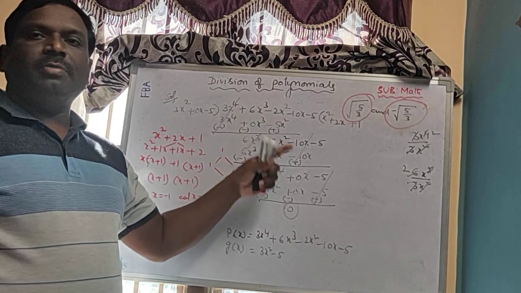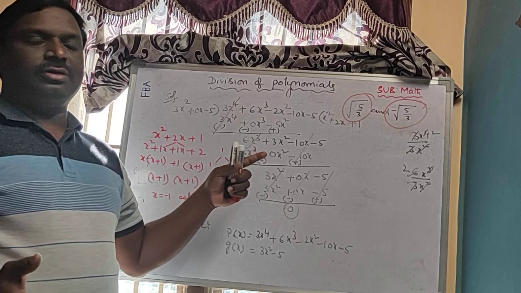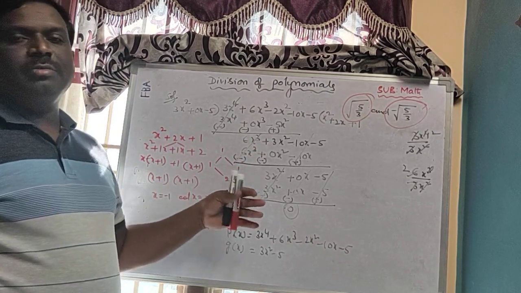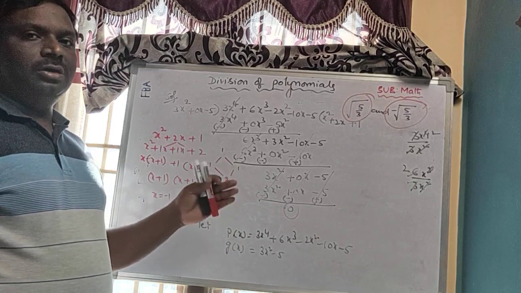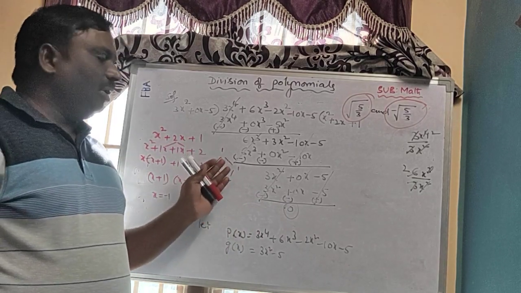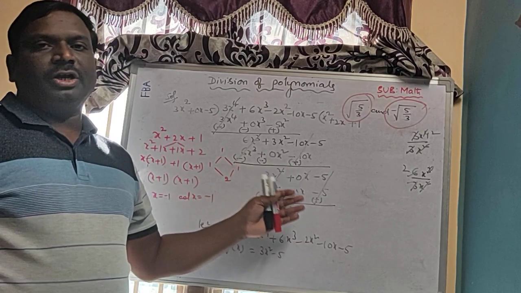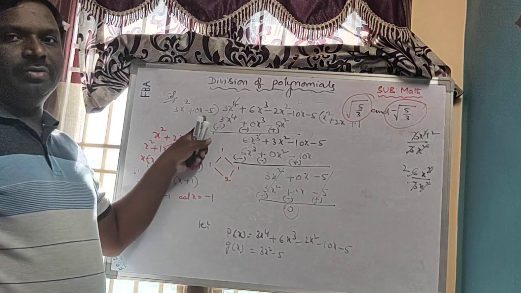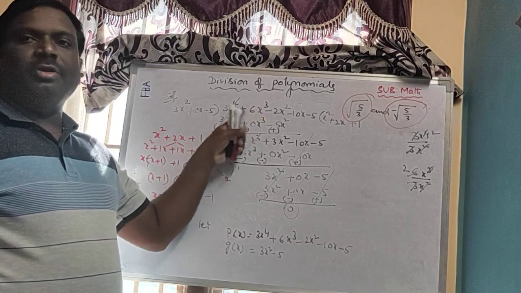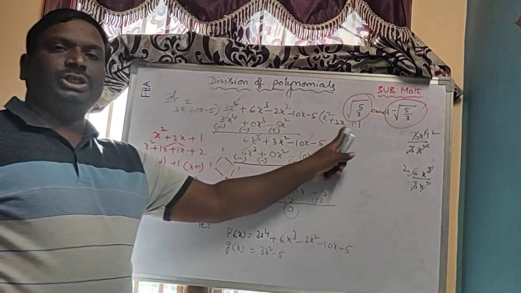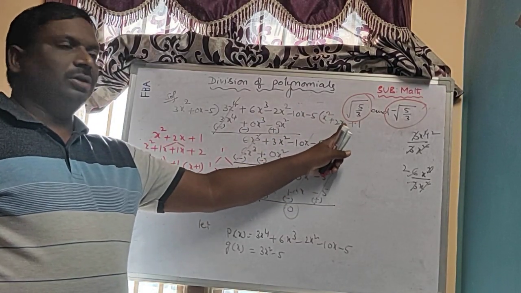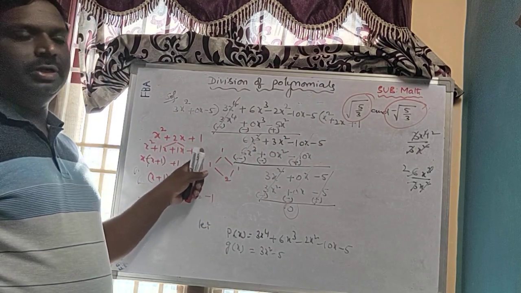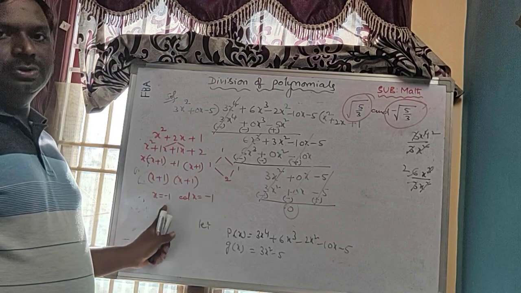So x square minus 5 by 3, where the denominator is 3. Denominator is 3 means, as I said in the previous session, multiply with k, multiply with 3, then you will get the required quadratic polynomial, that is 3x square minus 5. Do the division of the given polynomial with 3x square minus 5, you will get the quotient. From this quotient, do the splitting the middle term method, then you will get the remaining two zeros.